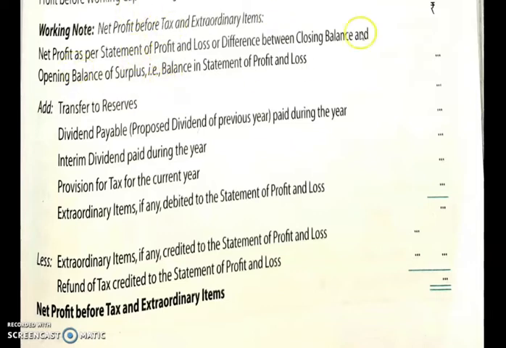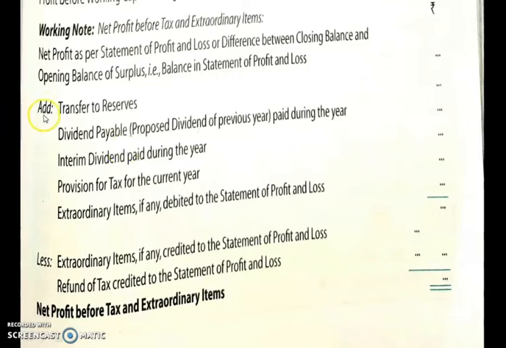From that balance sheet you have to find net profit as per statement of profit and loss. You have to move to your balance sheet and look for the profit and loss account, which will be given in the reserve and surplus of your balance sheet. From that you have to write closing balance minus opening balance. When you find the difference between closing balance and opening balance, that will be your net profit as per profit and loss account. You can write the answer whatever you get in this column.